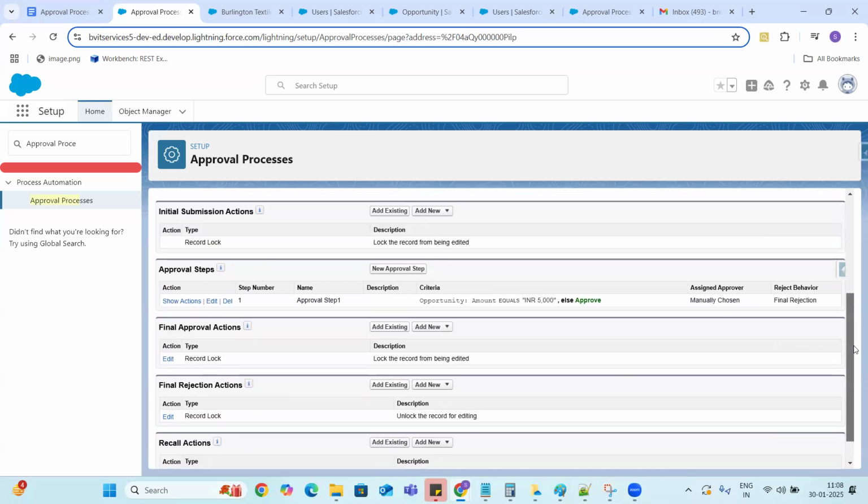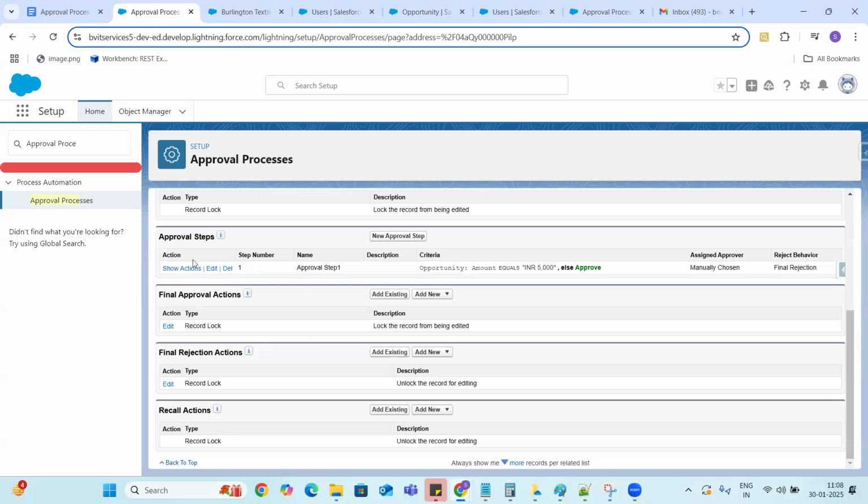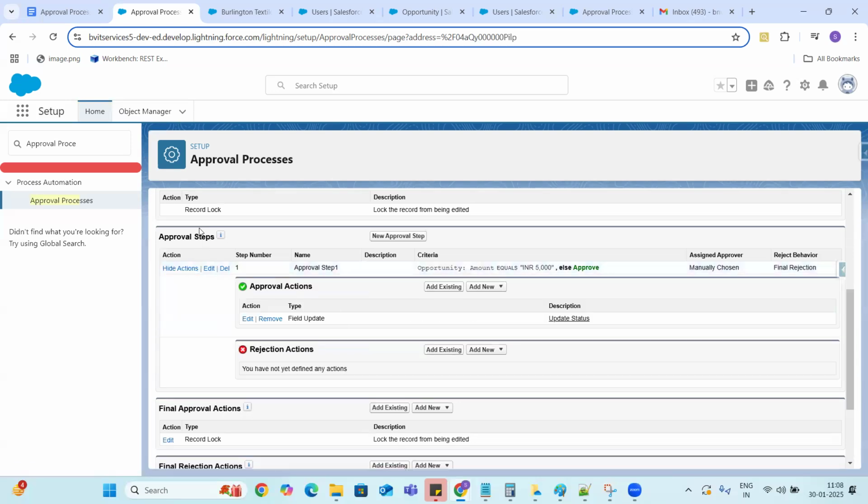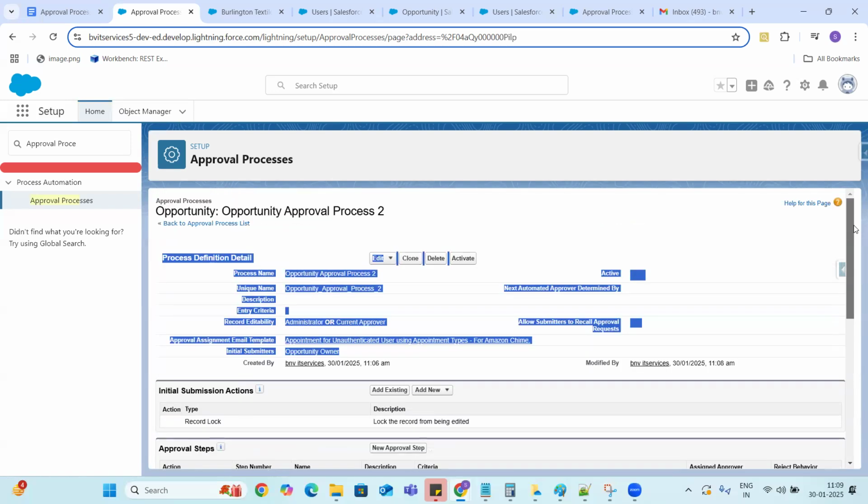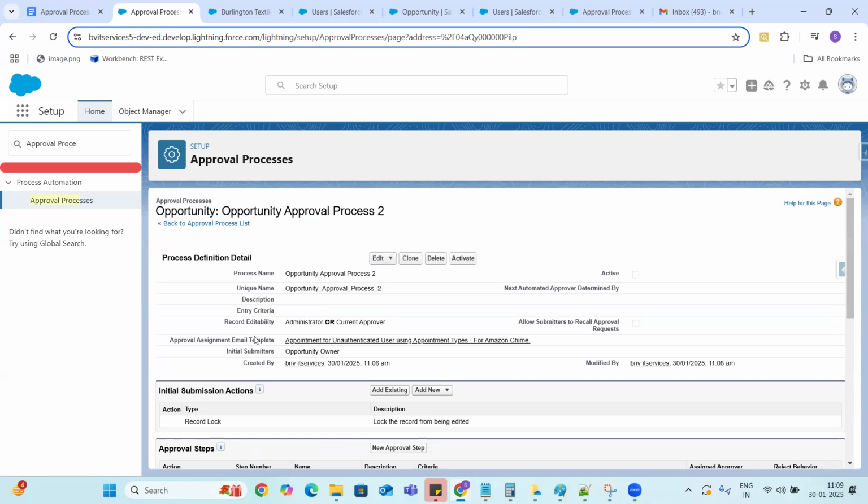We have to configure all these things. As part of these approval steps, this time I have configured the approval action. So both will do exactly the same things, but it is step by step.